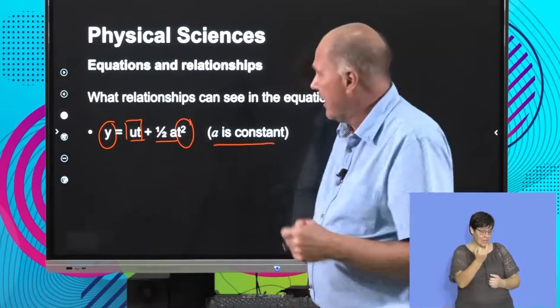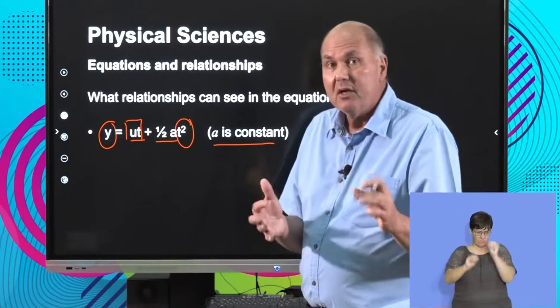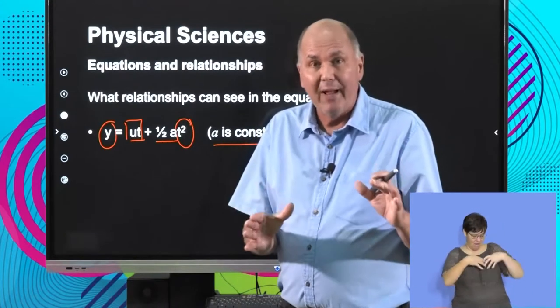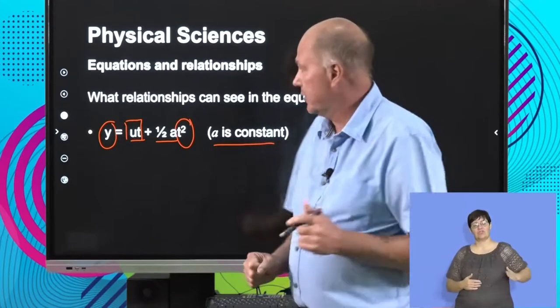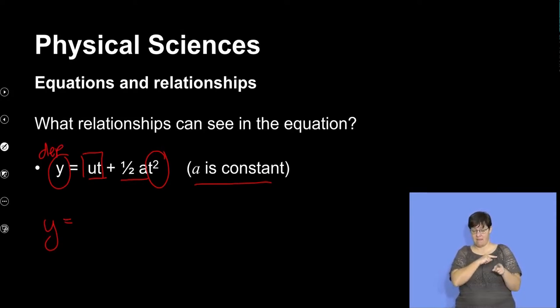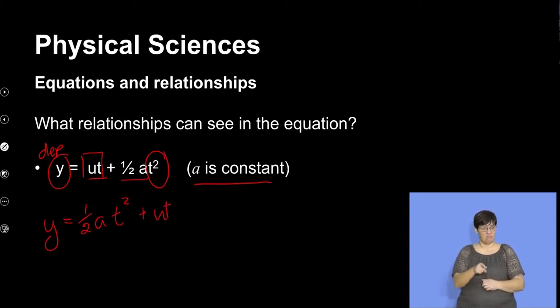here's an idea. Can we perhaps switch things around to make them look like a straight line? Can we put them into a format that looks like the equation for a straight line? So that's exactly where I'm going to start. I'm going to say, let's call this my dependent variable. And I'm going to now say, because that's a constant, let me switch that around and say that's half a t squared plus ut. Now, I haven't told you anything about what those letters stand for, and I think that's probably an important thing that I should do at this point. But before we get there,